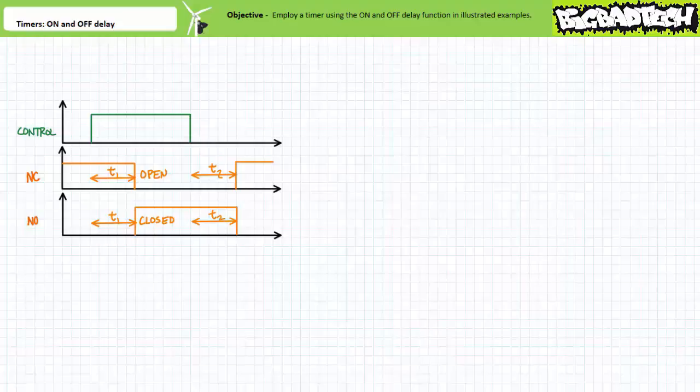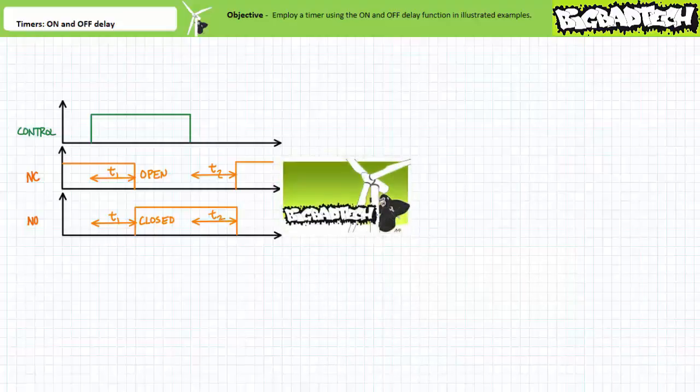I'm your instructor Jim Pytel, and today's topic of discussion is timers executing the on and off delay function. Our objective is to introduce the on and off delay function and put it to use in some illustrated examples. This lecture operates under the assumption you've watched the timers on delay and timers off delay lectures, both available at the Big Bad Tech channel. If you haven't watched these lectures yet, or only dimly recall their contents, please take the time, pardon the pun,